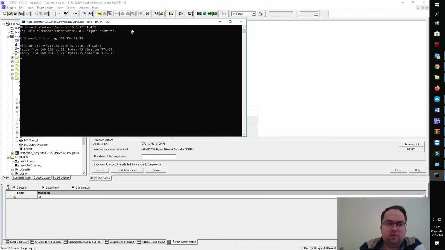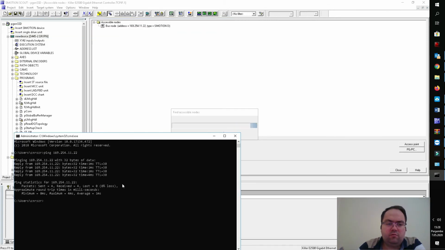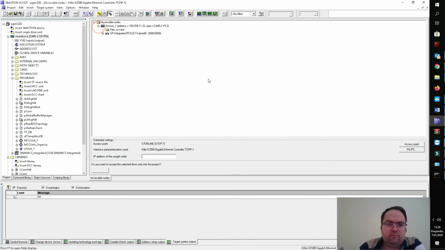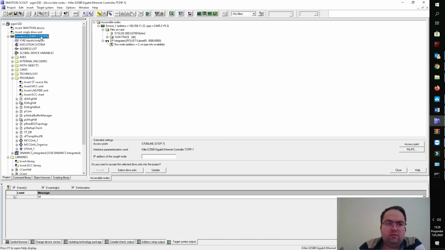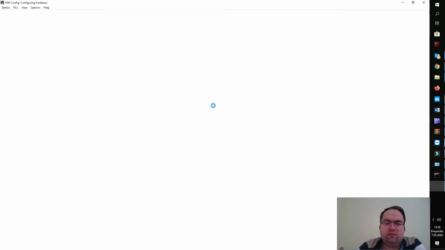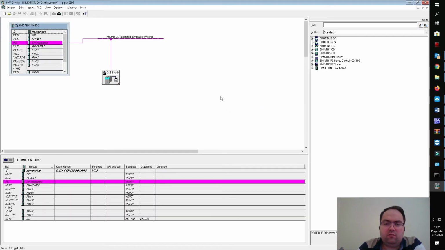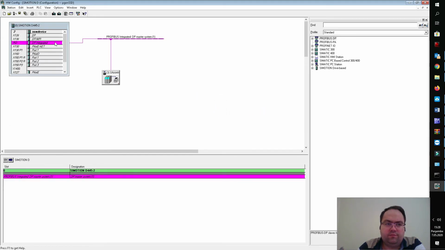And this is the IP address of our service port. And the situation is the same. So let's right click, open hardware configuration, and first download the project to our CPU.